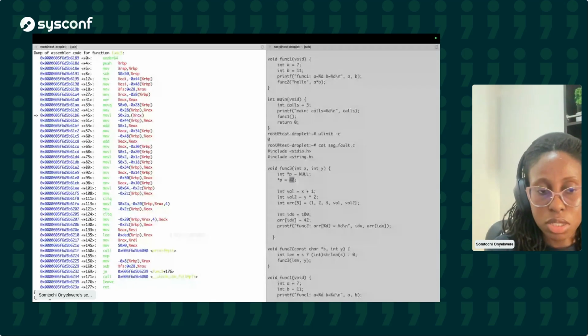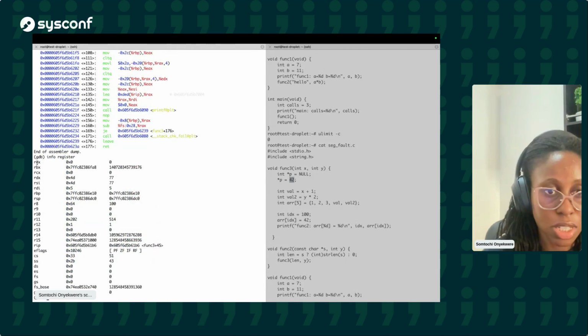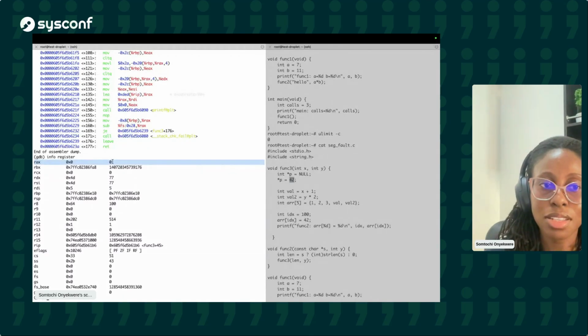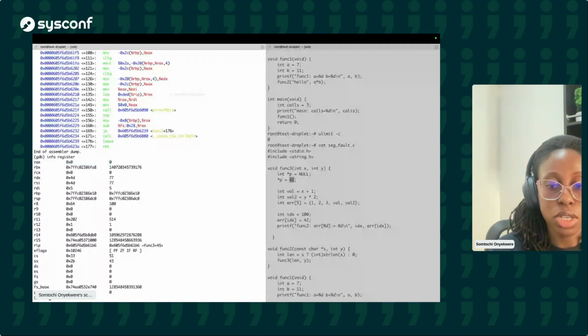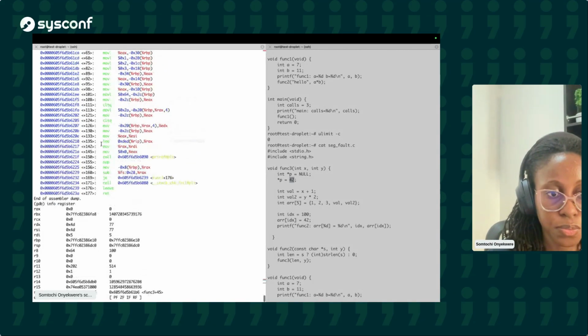So we can use info registers to see what is stored in each register. We see that the address is 0, an invalid memory address, and that's what caused the seg fault. You can also just print, and with the print you get this,